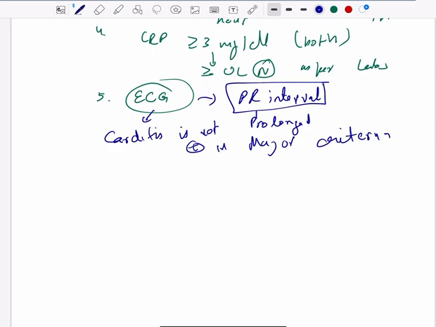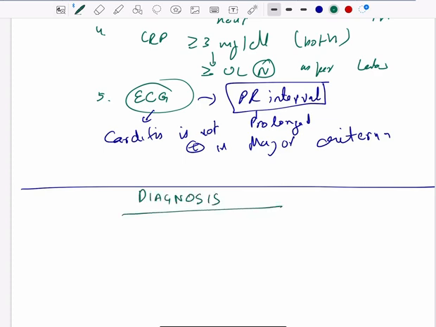Now, how will you diagnose? The whole criteria concept is for diagnosis. Now we know what the major criteria are, what the population based criteria are, and what the minor criteria are, but how will we diagnose? The question is still the same. So you have to see that it applies to all patient populations with evidence of preceding group A streptococcal infection. So here the word is evidence of previous